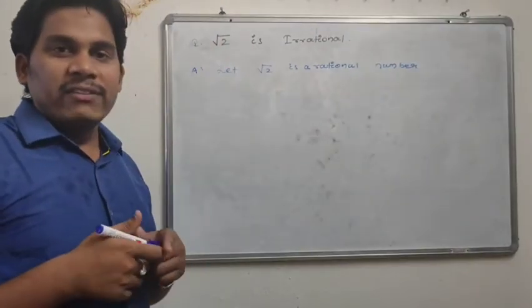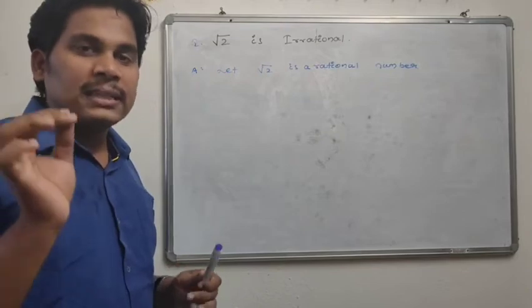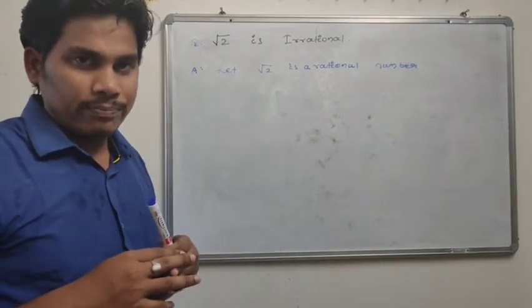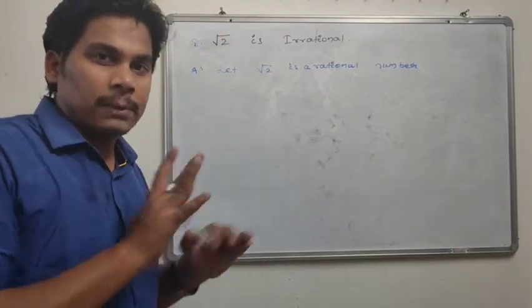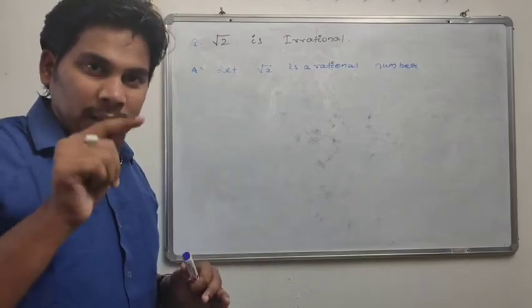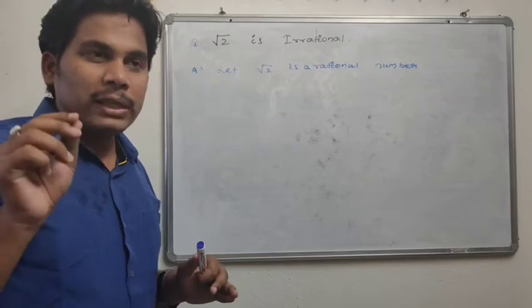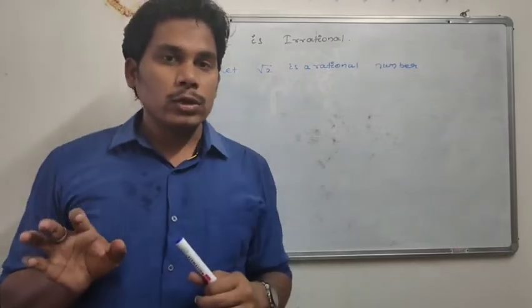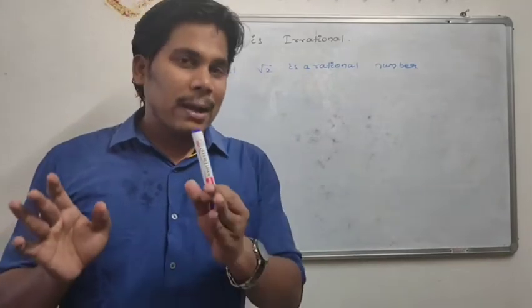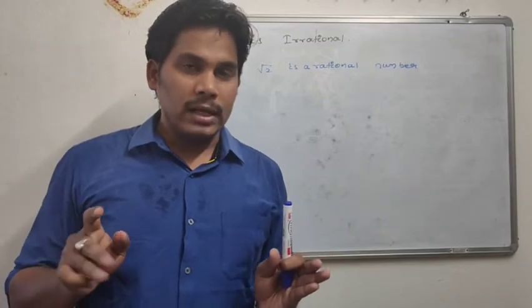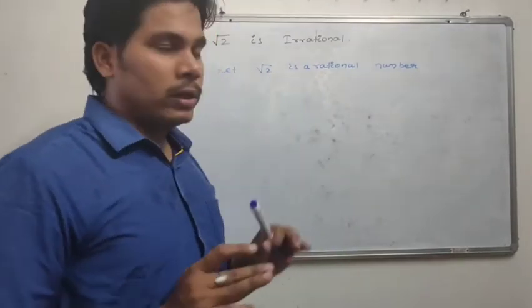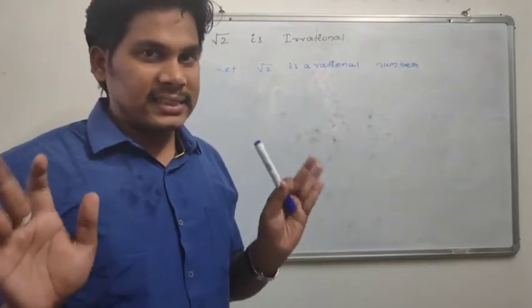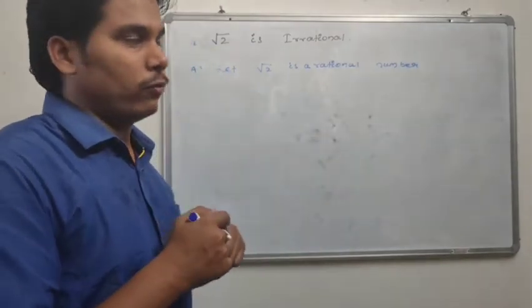We already know, if any number is a rational number, we can simply represent it in the form p by q. We will write p and q only. P by q is a form; 1 by 2 is also one of the p by q forms, 5 by 6 is also one, and 10 by 12 is also one. In the same way, root 2, being a rational number, can be represented in the p by q form.